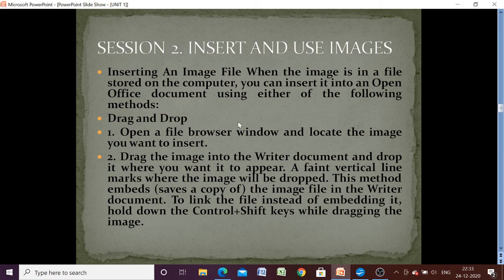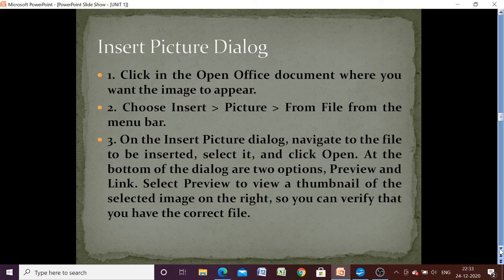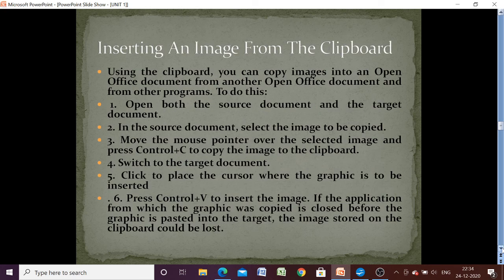We can insert our image using the Insert Picture option. We can insert using the Insert Scan option. We can insert a picture from the gallery also, and from the gallery we can just drag and drop the picture in our OpenOffice Writer. This is the first method that we have used, and other options are also there.